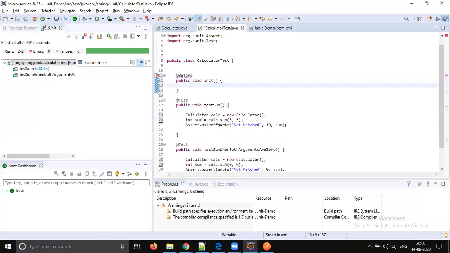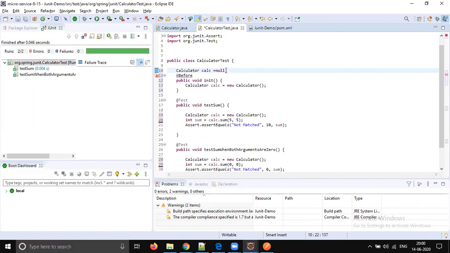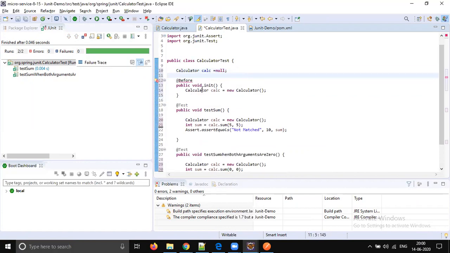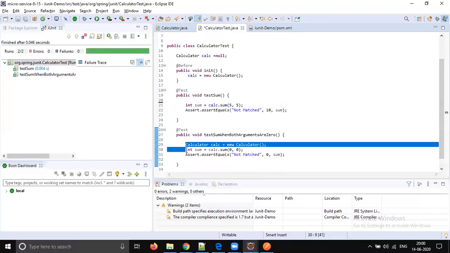So just before executing every test case, you can do calculator equals null, and inside this method you can call calc equals new Calculator. We don't need to define this code in every test, so this code can be copied.